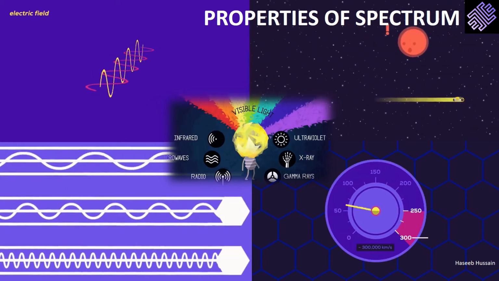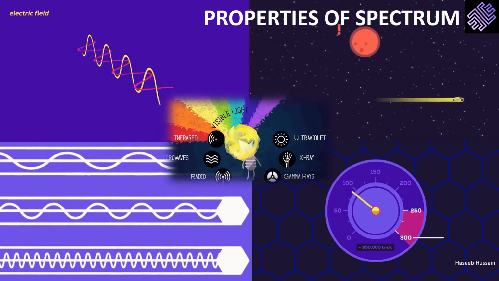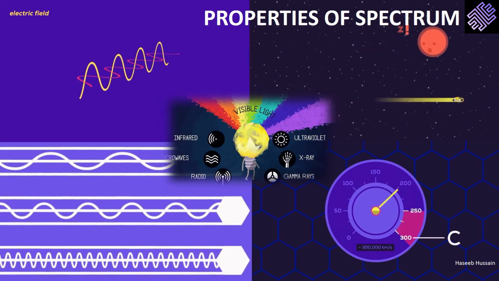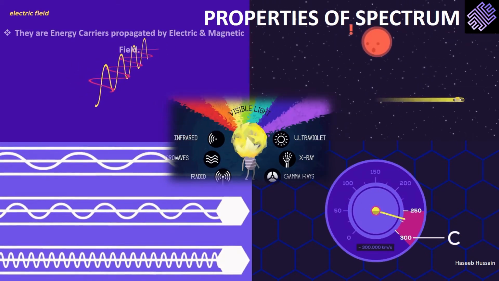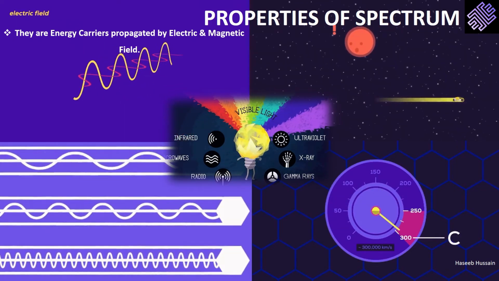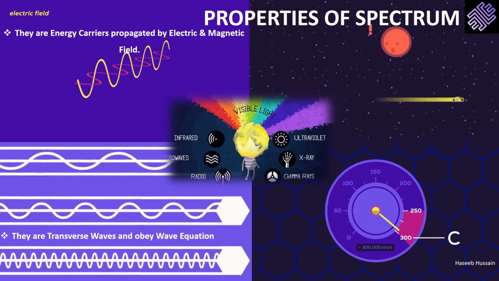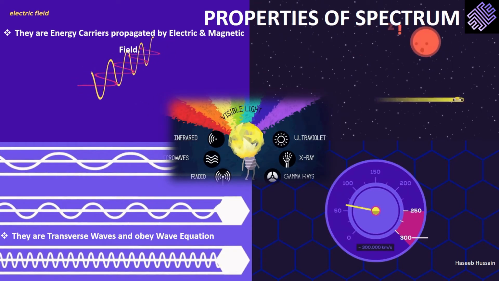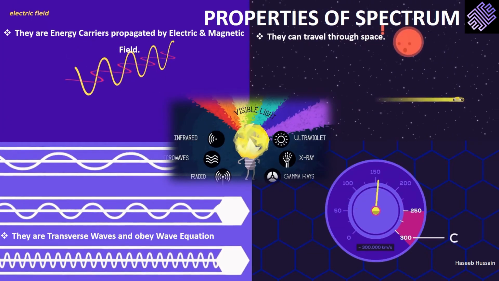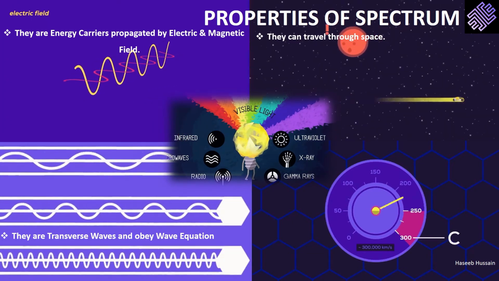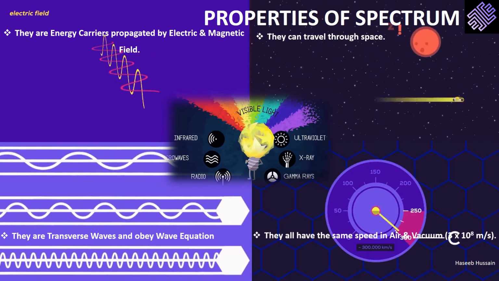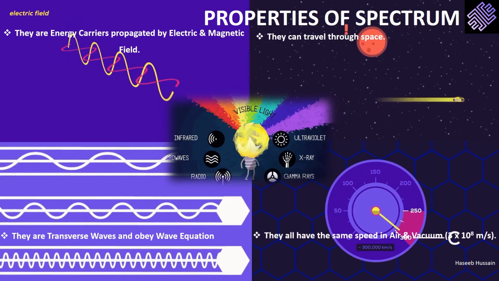As they are part of a single family, there are certain properties that are common to all components of the electromagnetic spectrum. All of them carry energy from one place to another. They are propagated by magnetic and electric fields instead of atoms or molecules. As they are transverse waves, the magnetic and electric fields oscillate perpendicularly to the direction of wave travel and obey the wave equation. Moreover, they are transmitted, reflected, and absorbed.